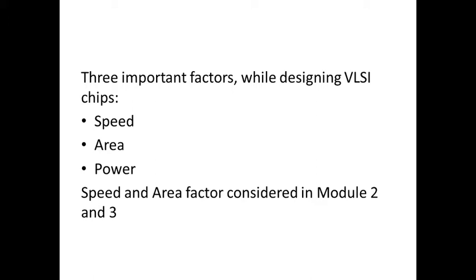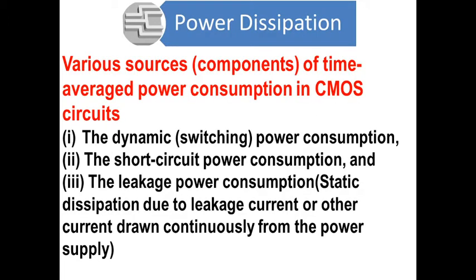Now we will look into the third factor, that is power. There are various components of time average power consumption in CMOS circuits. The first one is dynamic power consumption, also called switching power consumption. The second one is short circuit power consumption, and the third one is leakage power consumption, also known as static power dissipation due to leakage currents or other current drawn continuously from the power supply. To begin with,